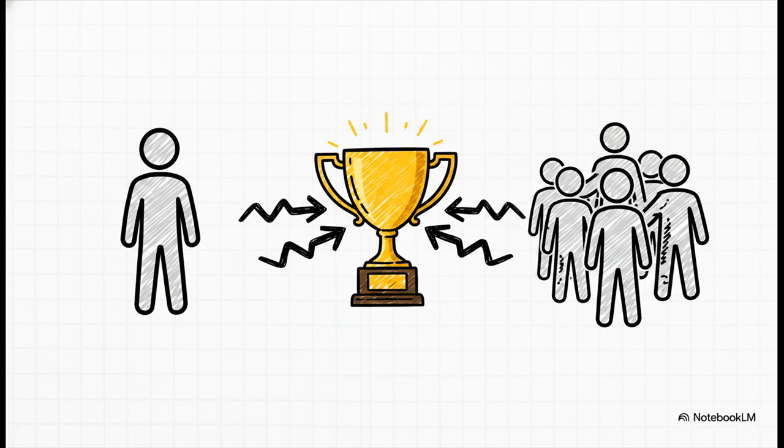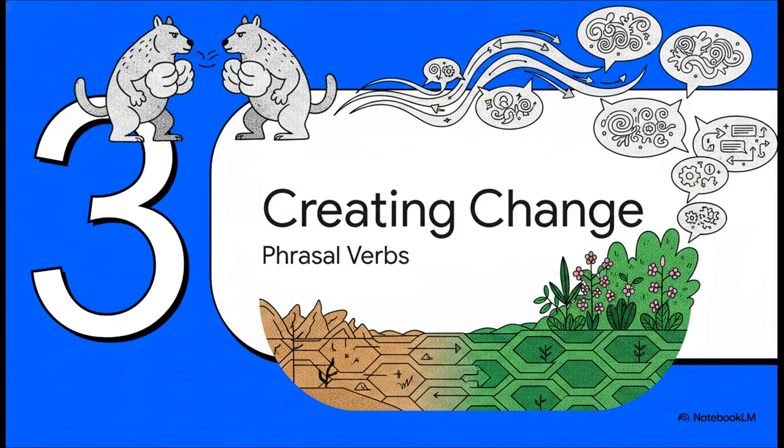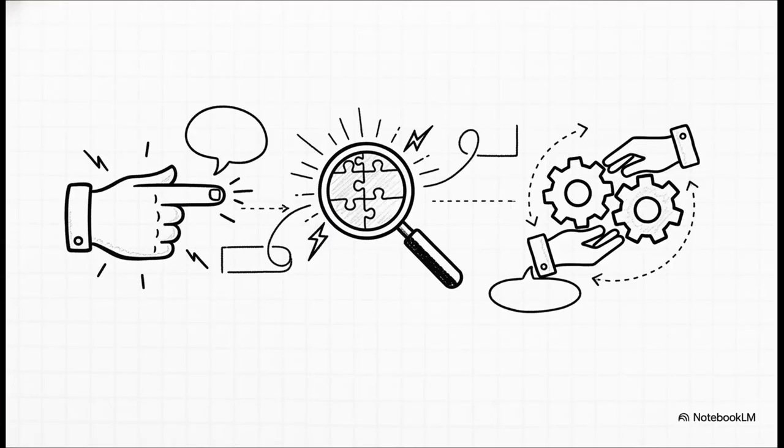They both desperately desire the exact same prize. Which brings us to Section 3, Communication and Creating Change, the power of phrasal verbs. So how do we actually handle these complex social situations and rivalries? Well, unlike animals that rely mostly on physical posturing to deal with their rivals, we humans use advanced linguistic tools. We use highly targeted language to navigate our conflicts and fundamentally shape the environments we live in.